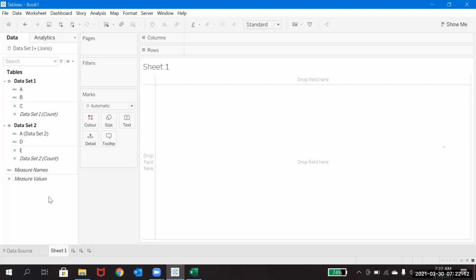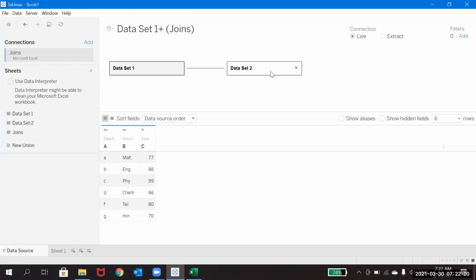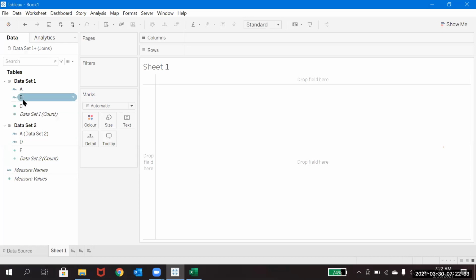Earlier we used to connect the two data sets separately. Right now, how it differs is that the information from this data set will remain separate, and the information from this data set will remain separate. When you go to the actual sheet, you can see what data we have from data set one and what data we have from data set two. Individually we can do this. How this and data blending differ, you will see once we do the data blending concept. Then you'll understand.